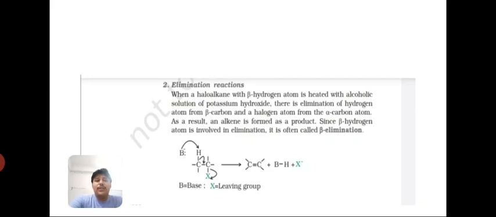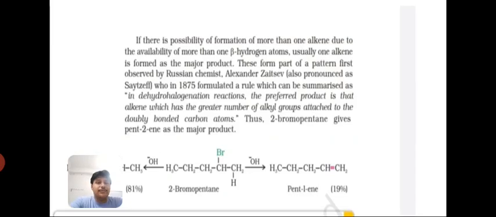There is an elimination of a hydrogen atom from the beta carbon and a halogen atom from the alpha carbon atom. As a result, an alkene is formed as a product. Since a beta hydrogen atom is involved in elimination, it is often called beta elimination reaction. Now student,